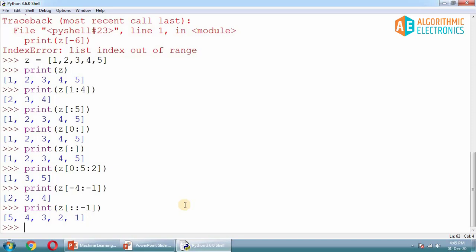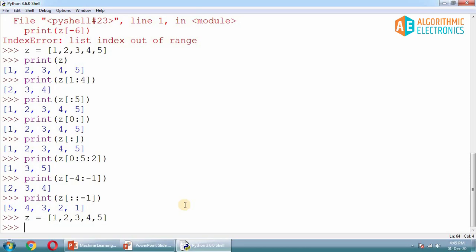Now we'll discuss, is it possible to change the value in a list? Let's say I have a list like z equals 1, 2, 3, 4, 5, and as far as the definition is concerned, the list is changeable. We can change a particular element from that list. For example, if I have to change z of 0 equals 0, now what is z of 0? This value is z of 0. Initially z of 0 is 1, and now I'm assigning this value to it.